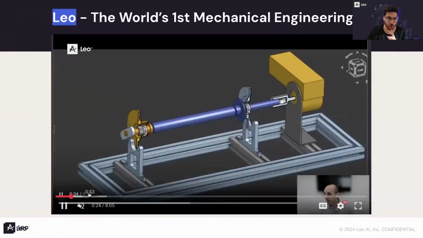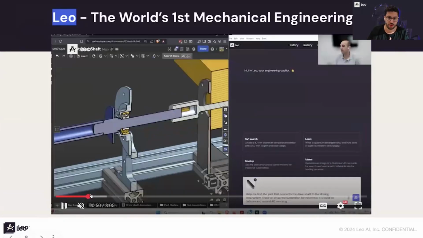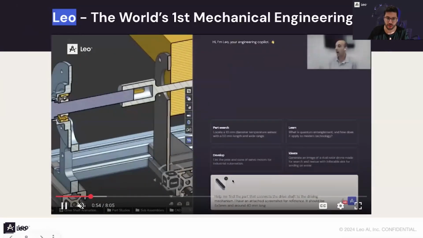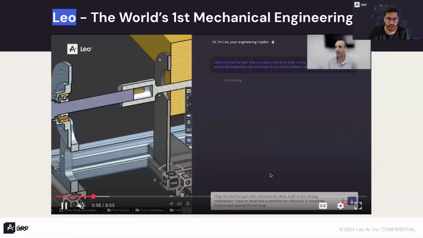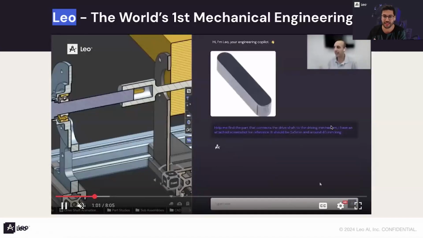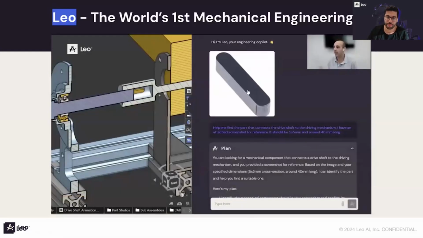The best one, according to how you do things in your organization. So you just write it to Leo, right? You just take literally a picture if you don't even remember the name of the part. And you ask Leo, hey, help me find a part that looks like this and that has this section area, and this is the length.